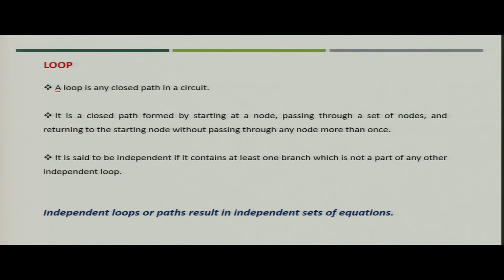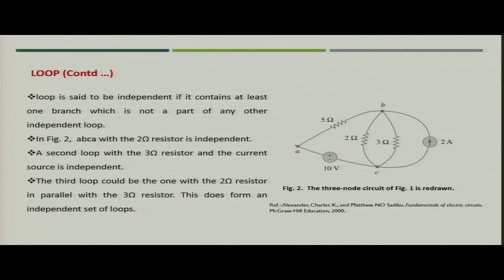Now, what is a loop? A loop is basically a closed path in any circuit. The closed path is formed by starting at a node, passing through a set of nodes and finally returning to the starting node without passing through any node more than once. So, if you see a circuit like this, when you are asked to find the loop, it means that if you trace various nodes and come back to the original node, then this is considered